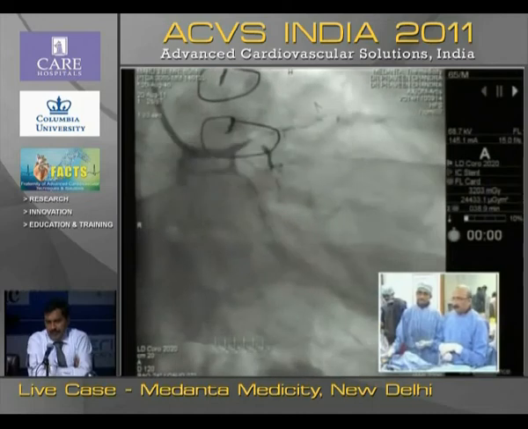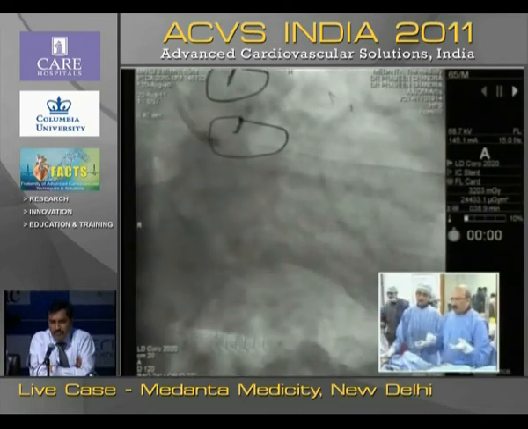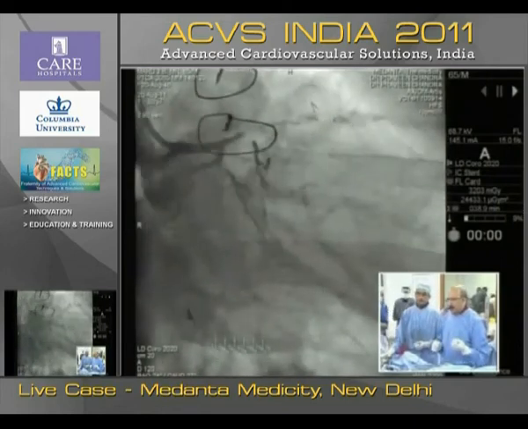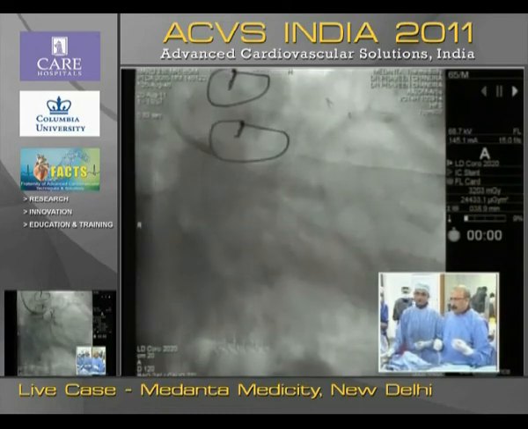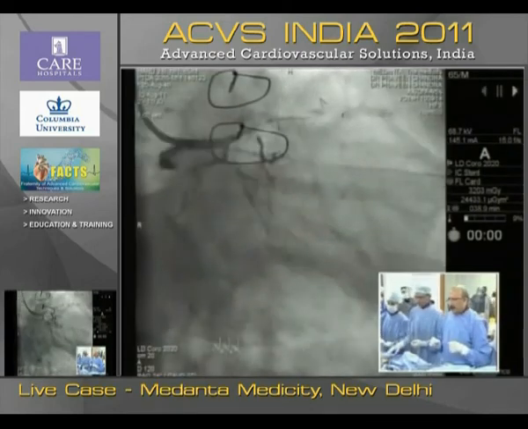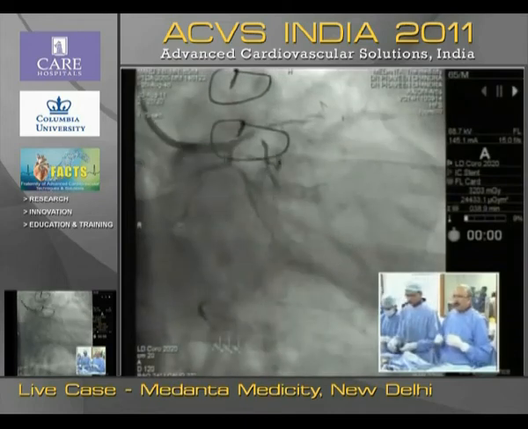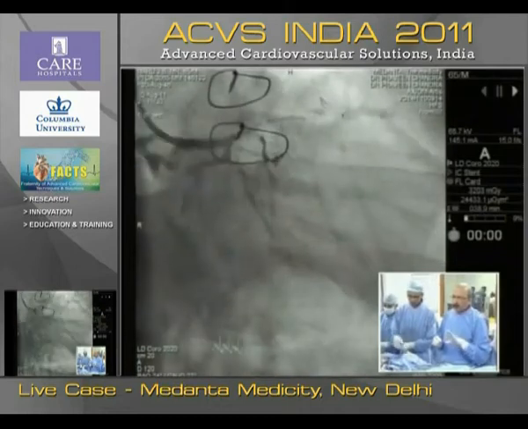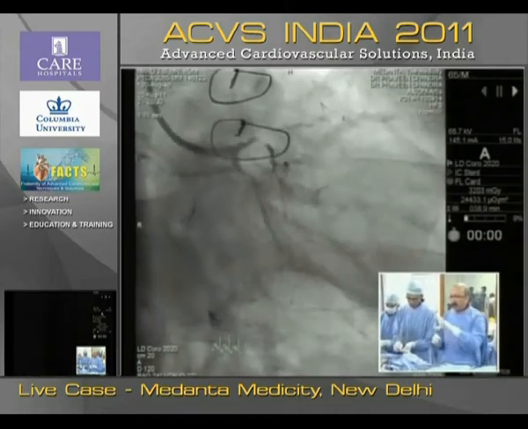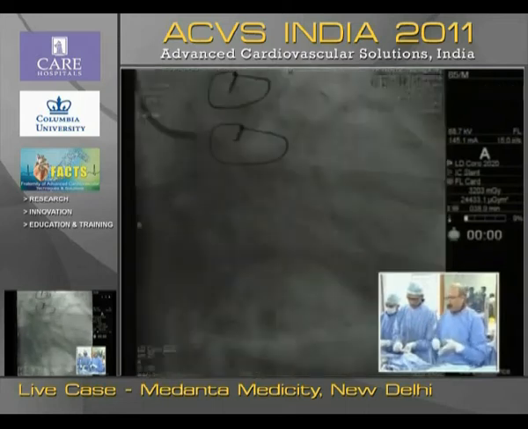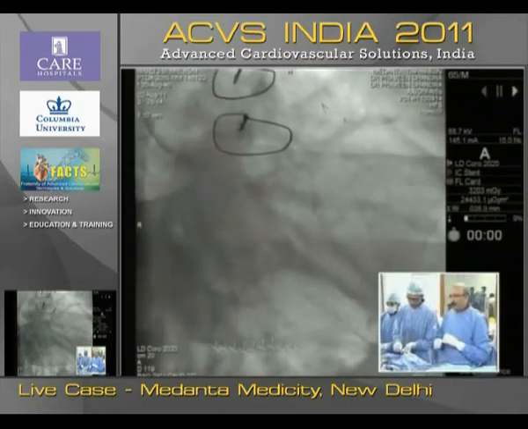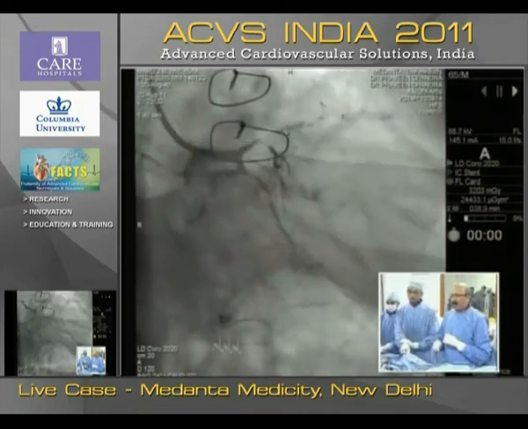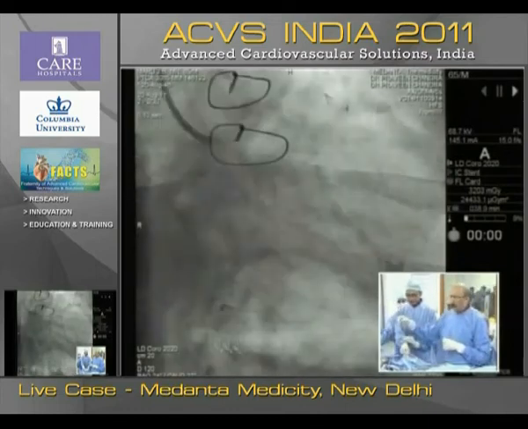So let me tell you what we did, because we have very little time. I discussed with my surgical colleagues that he needs treatment for the entire circulation. He needs treatment for the circumflex. He needs treatment for the LAD. Looking at the LAD, it is not possible to do any surgical procedure now, because it is the mid-distal part where they put the grafts, and going back for endarterectomy is not a very good outcome situation.